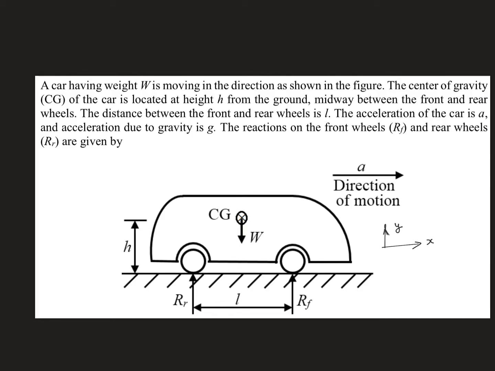So assumption one, the problem is a 2D problem. We are treating the whole car as a 2D object. Assumption number two is that we are treating this object as a rigid body. Now how are we going to compute the reactions at the wheels? It's not very difficult, because for a 2D object in a plane,